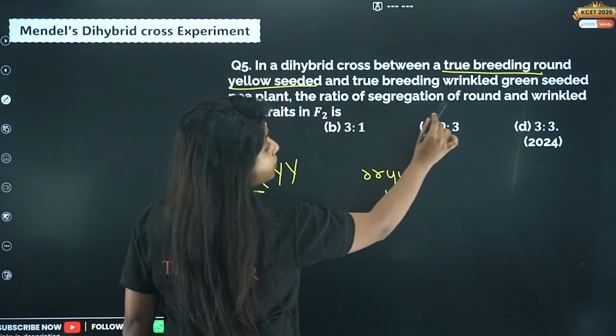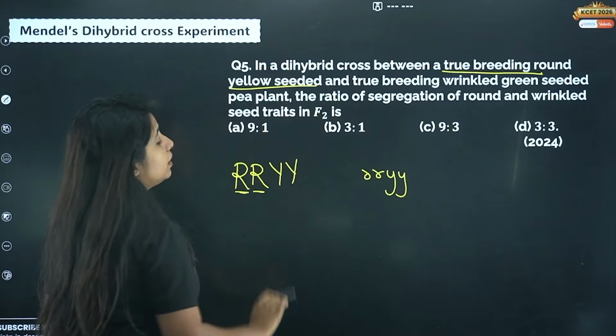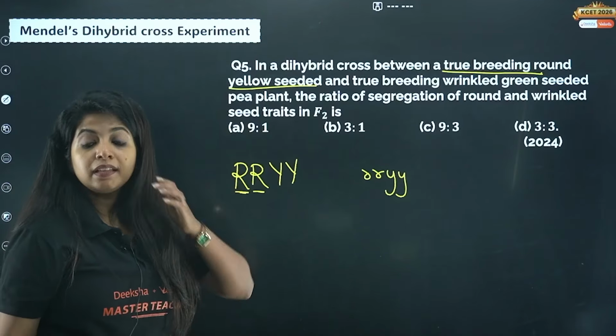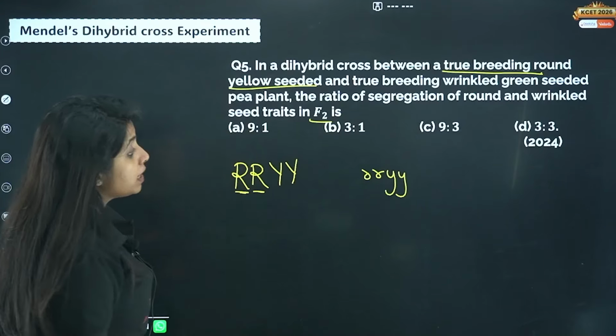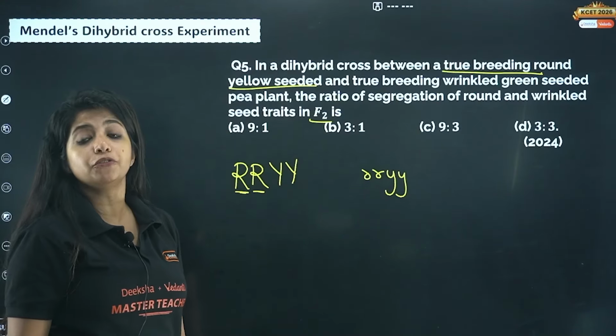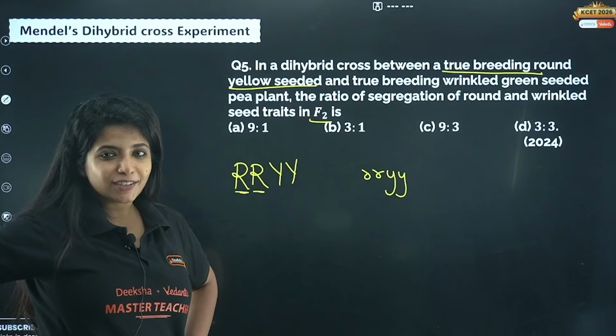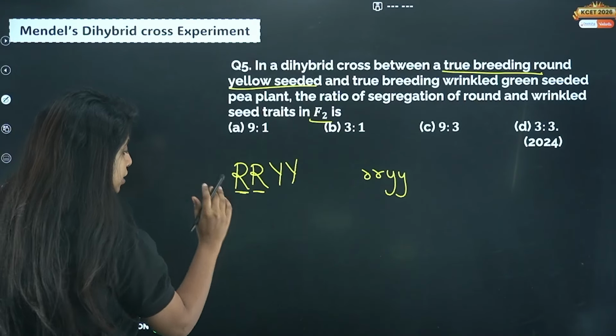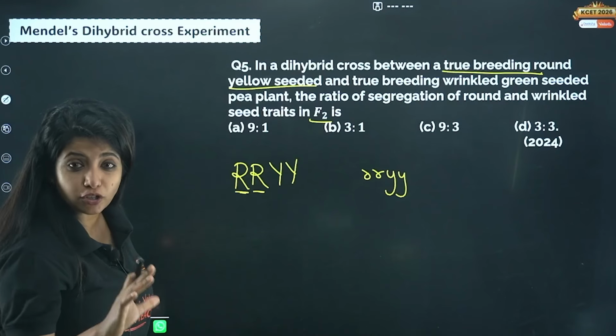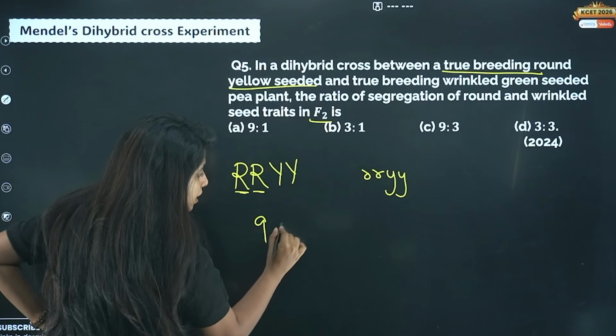Pea plant. The ratio of segregation of round and wrinkled seed trait in F2 will be... The ratio of segregation of round and wrinkled in F2 will be. What do you think is the ratio? Any idea? So my dear children, we have studied, we need not cross all of it. Rather, we have studied